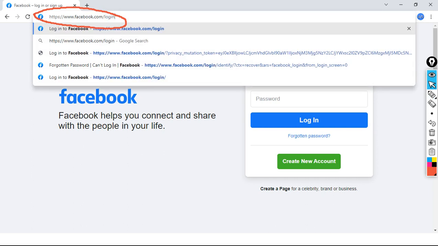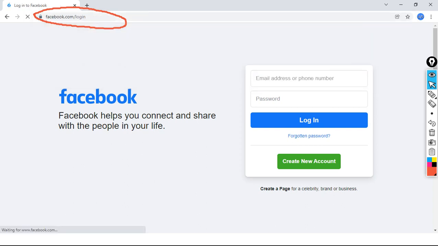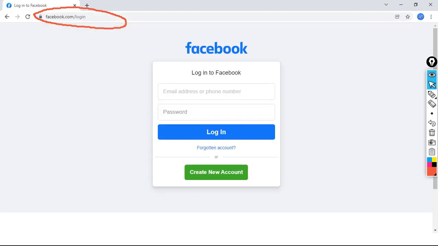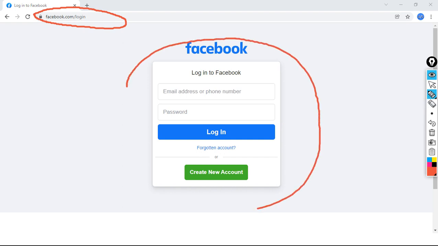So from the current page we will redirect to the login page. Observe, now I am pressing the enter button. See, here you go. We have been redirected to the login page. See here, this is our login page, correct?